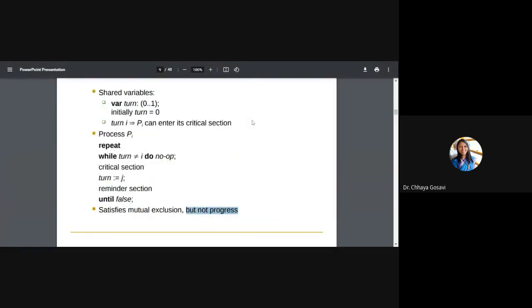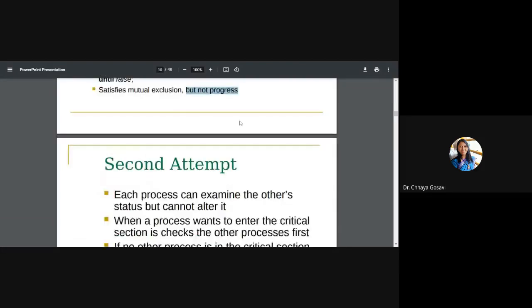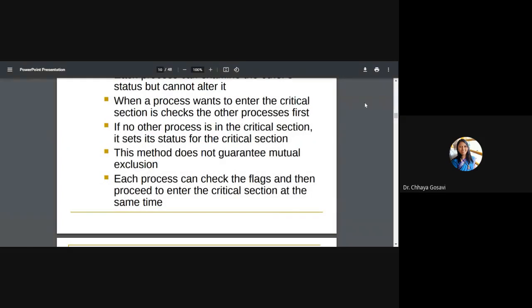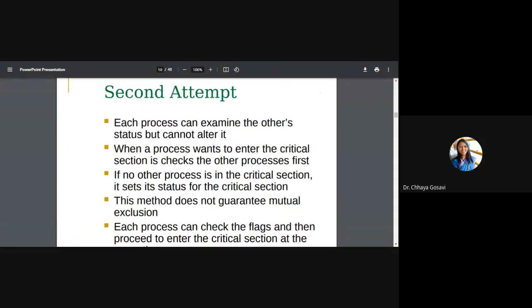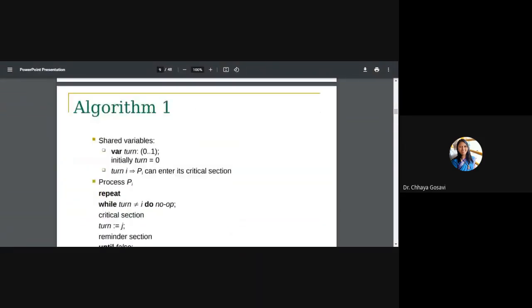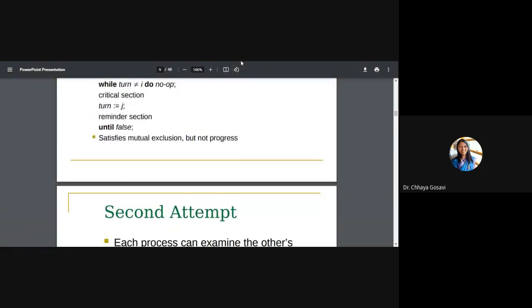First attempt is clear. You can imagine that shared variable as a door, and the door is open or closed. Now the second attempt is, each process can examine the other's status but cannot alter it. Meaning whether that process wants to enter or not. For example, in the first case, if there are 3 processes,